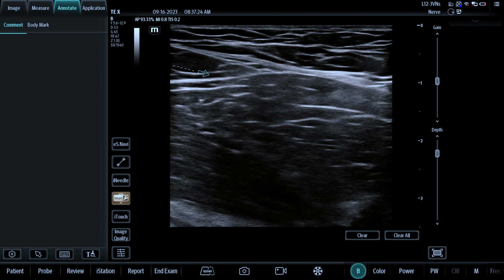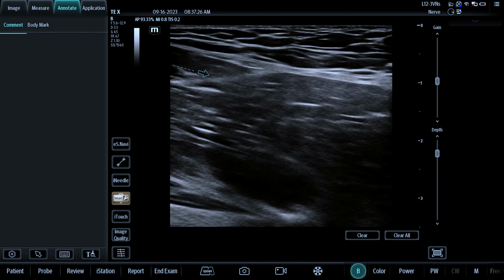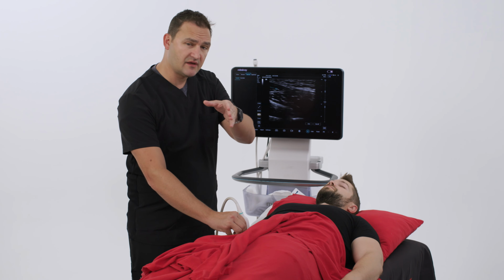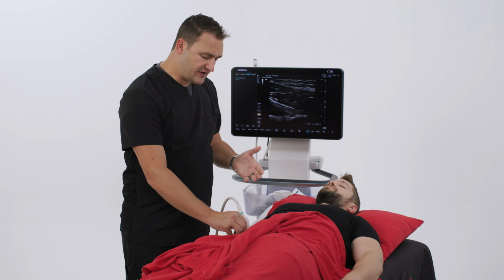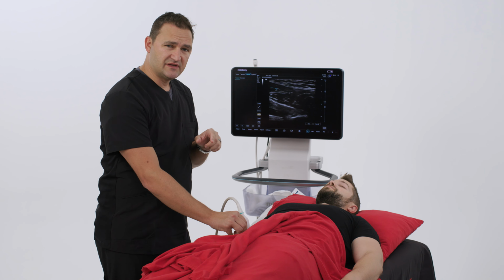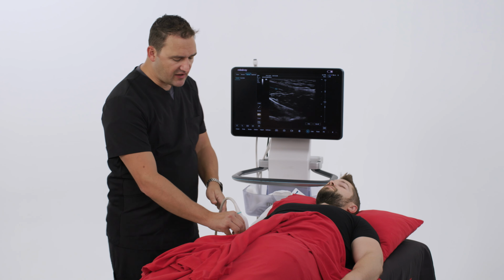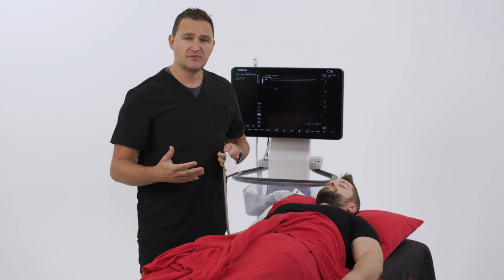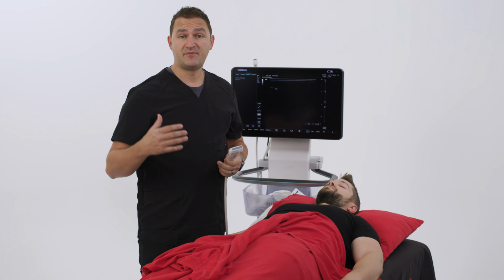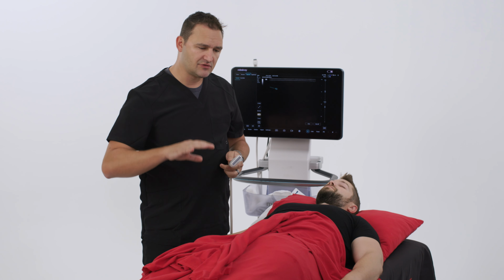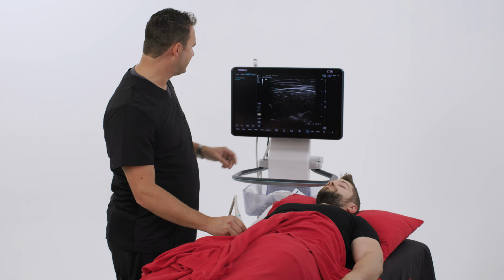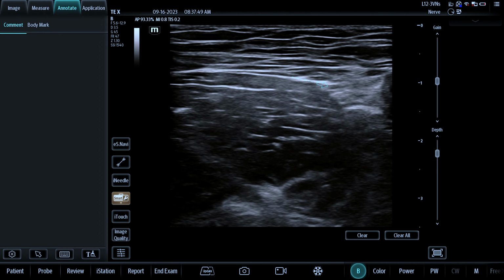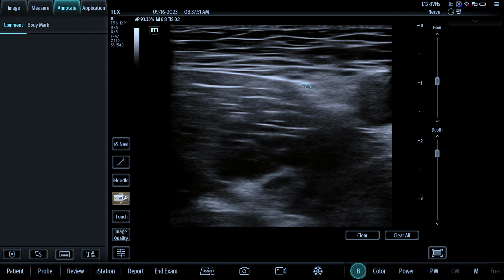That's another scanning technique that I've noticed a lot of people like using, rather than doing the medial to lateral, rotating the probe. The other comment I would like to make about this technique for fascia iliaca: another way that a fascia iliaca plane block has been done is with a lateral femoral approach. The lateral femoral approach is like this, where you find the femoral nerve, here's the femoral artery, and I just